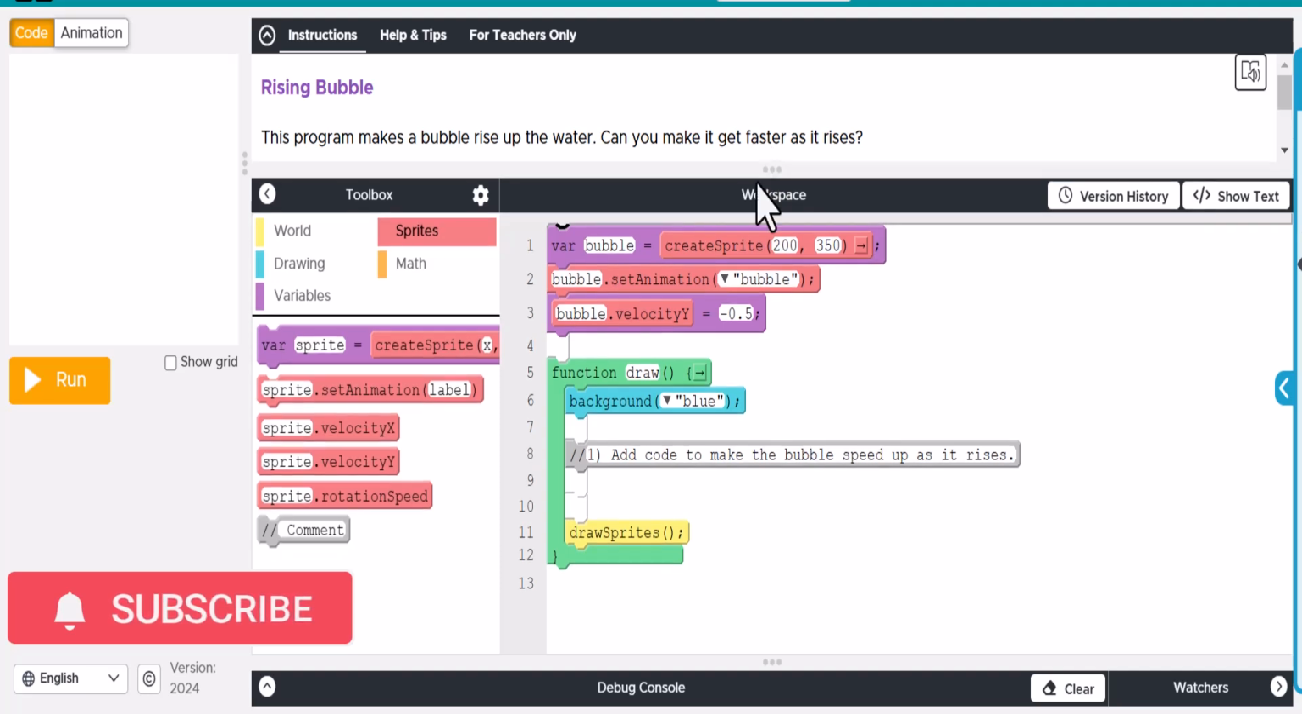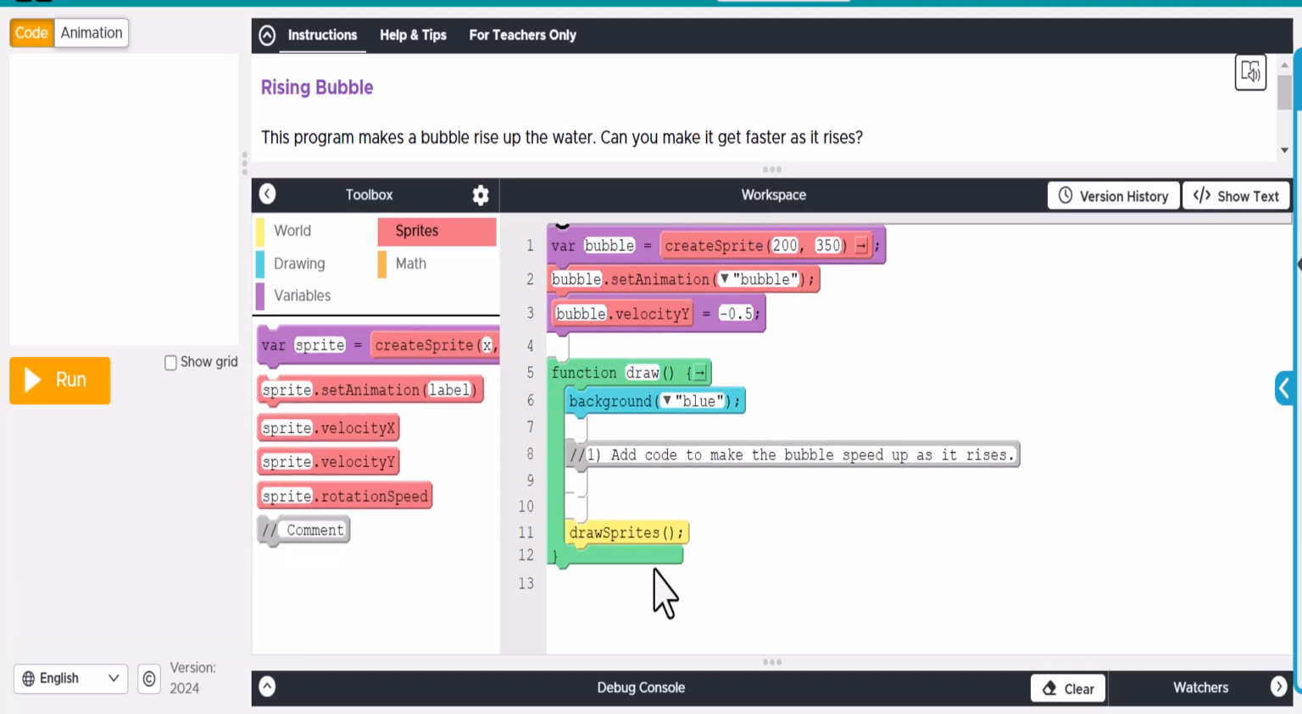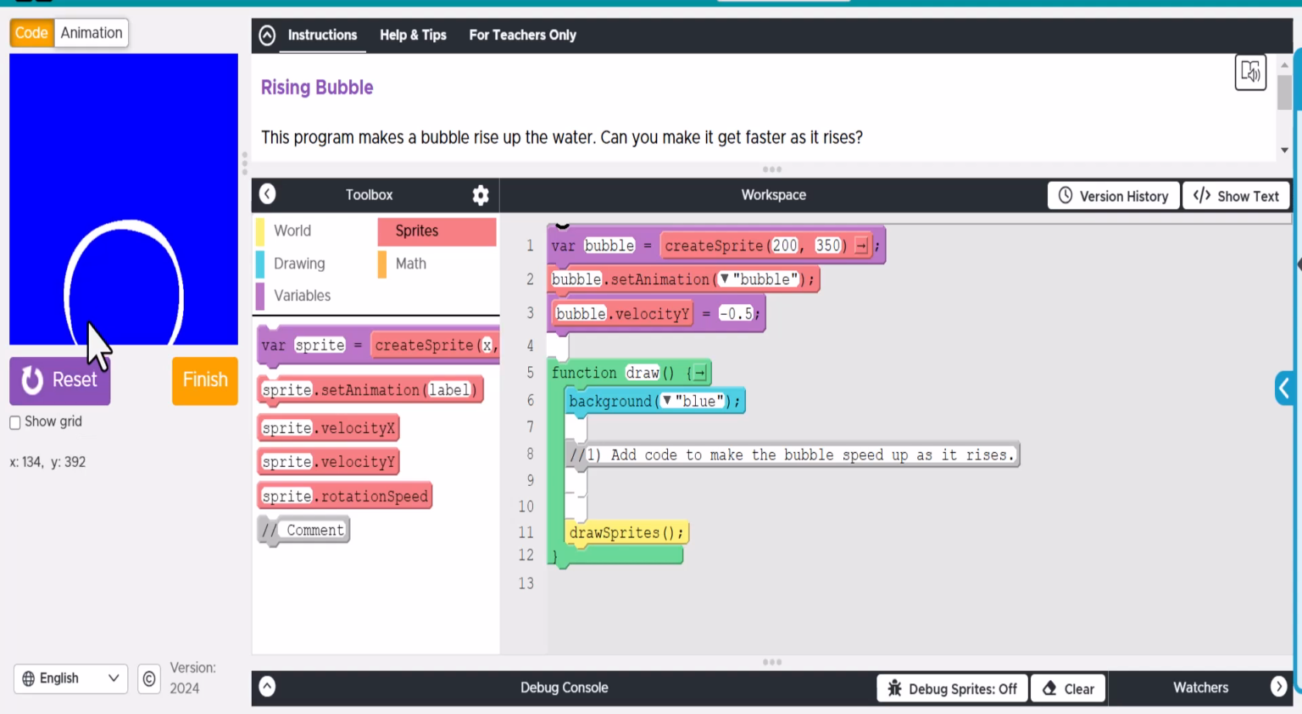Okay, so really, again, we're using the loop here to increment a value. We're making a value change each time it goes through the loop. In this case, because we're rising up, if we look at it right now, the bubble goes this way and it just kind of rises up. That's what's going on here. That's why you have the negative 0.5. So the velocity is just going up by